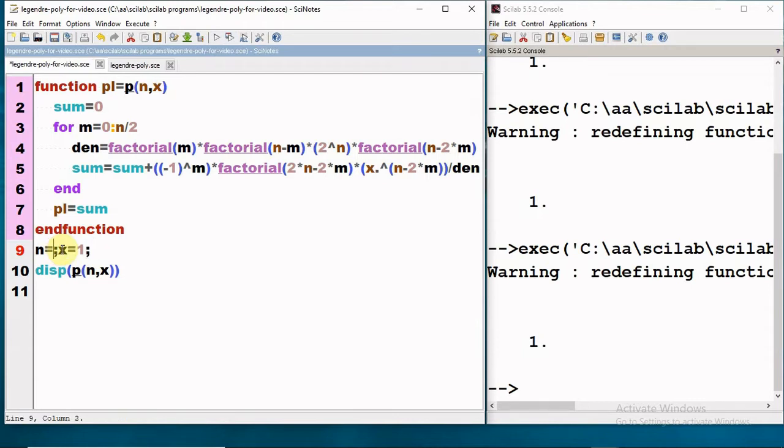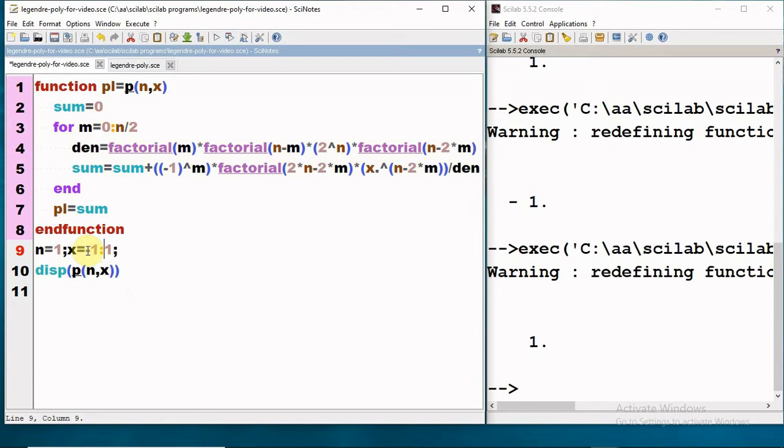Now change the value of n to 1 and change x to minus 1. Now we know that p1x is equal to x, so the answer should be minus 1 and we are getting minus 1. And if I change it to plus 1, we are getting the correct value. Now let us try when x is passed as a vector.